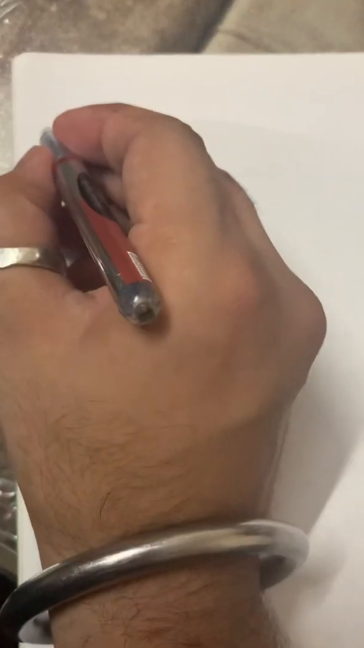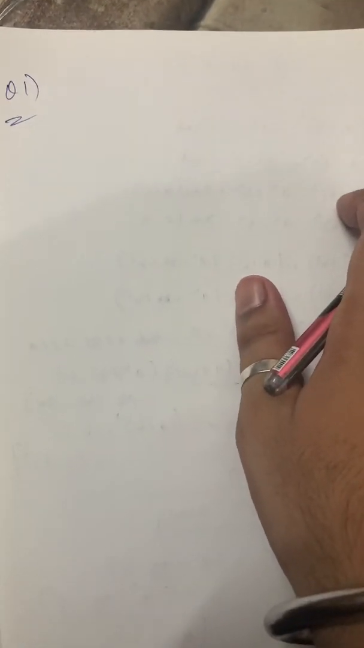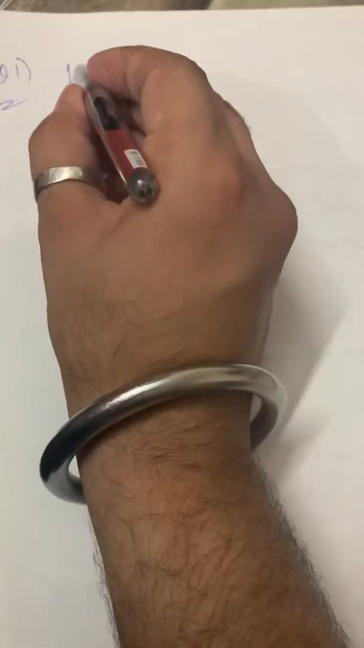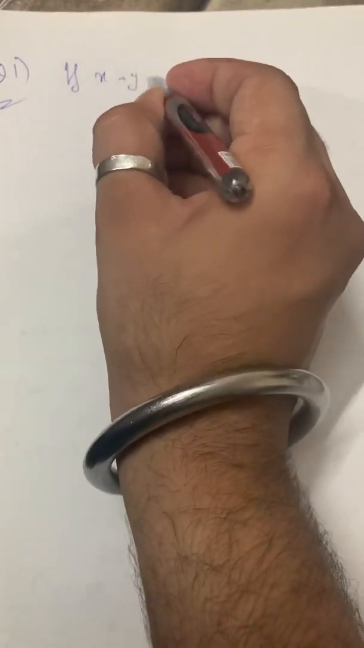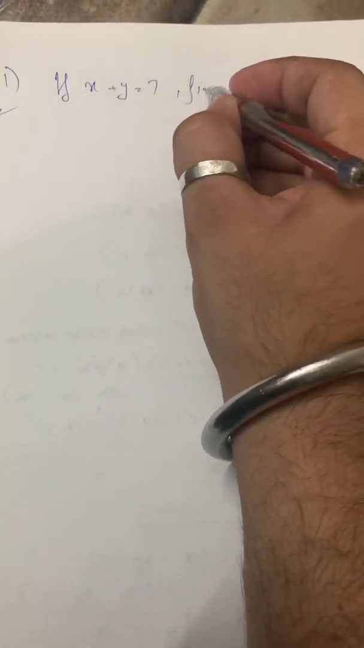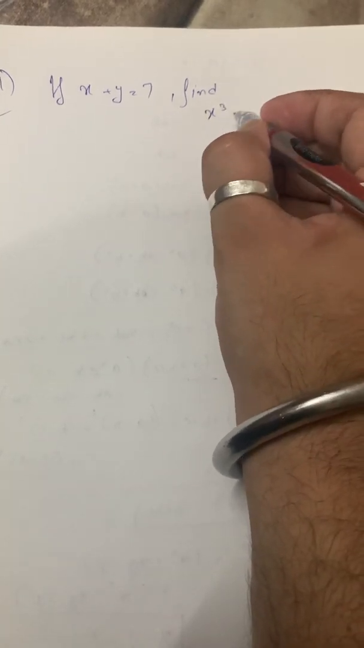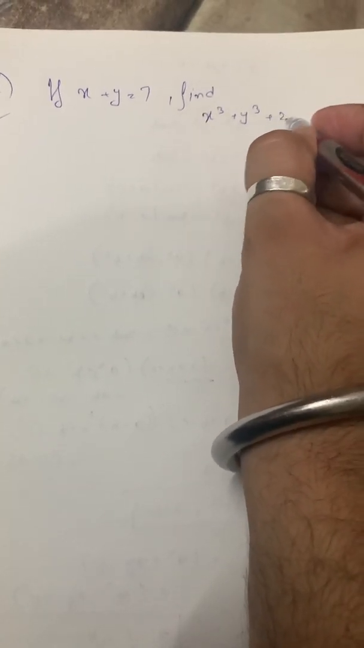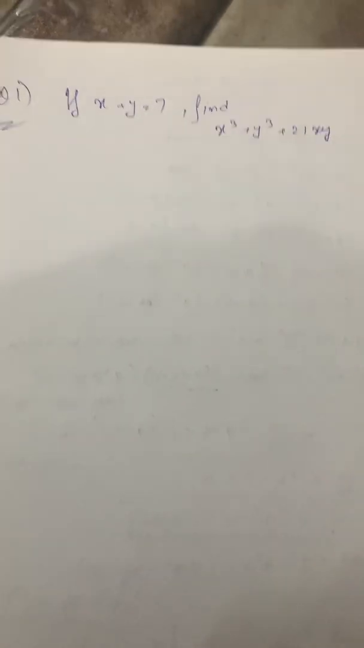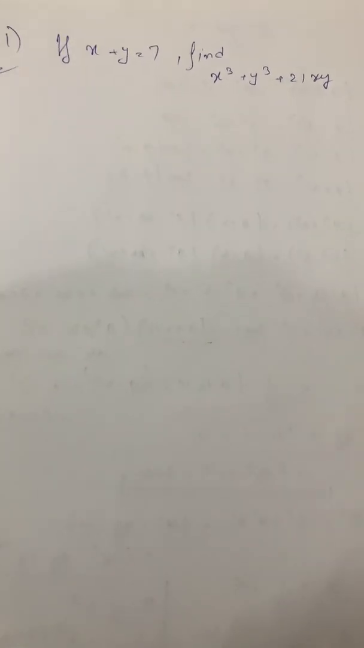Suppose first question, if I give you, if x plus y is equal to 7, the question is to find x cube plus y cube plus 21 of xy. So here one thing comes to your mind, sir, okay, x plus y is equal to